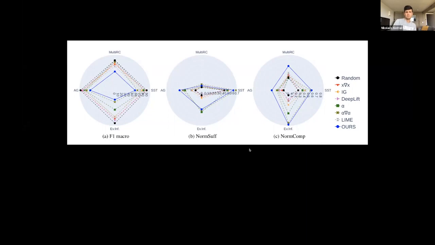Okay. Right. And well, now I have shown you how we can select better rationales on the instance level. The final strand of work that we have done is to explore faithfulness in out of domain settings.